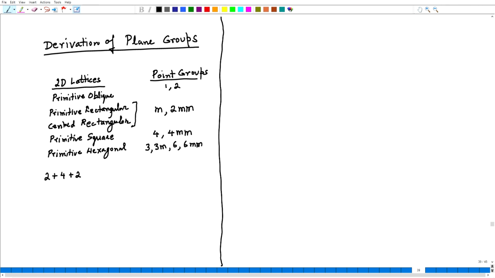And then coming to the hexagonal lattice, I can add 3m, 6, 6mm. So, I will get 4 more plane groups. That gives me a total of 12. But we will see that this is not all. We are going to get even more than 12. But first let us look at these plane groups that we directly get by adding the point groups to the two-dimensional lattices. So, let us start with